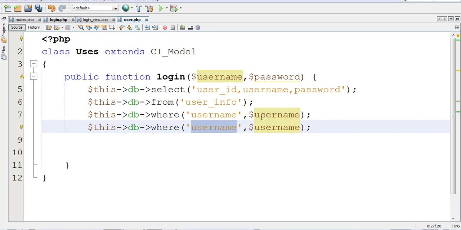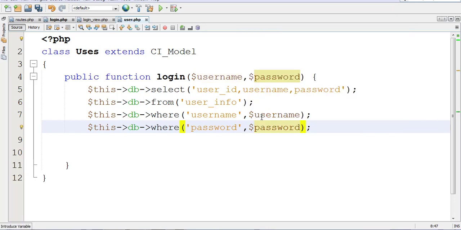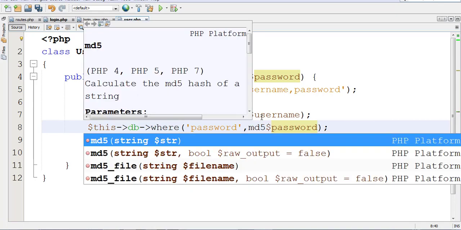Again a where condition, password comma password. Where password, and that is the encrypted password. We use MD5, that's why I'm giving MD5,